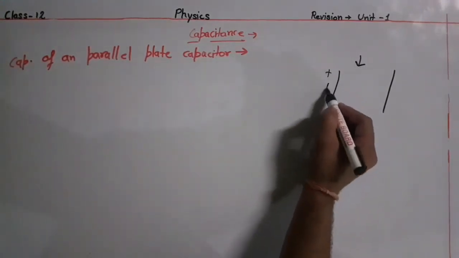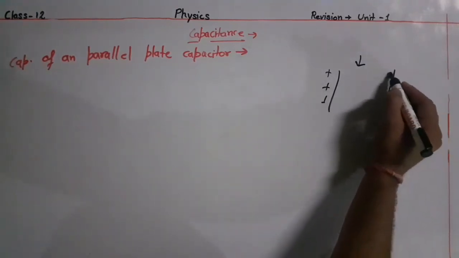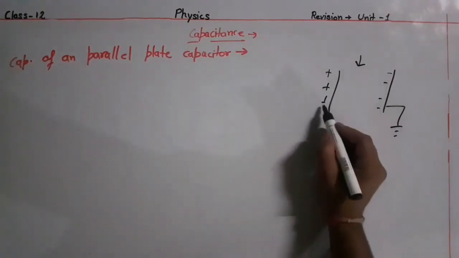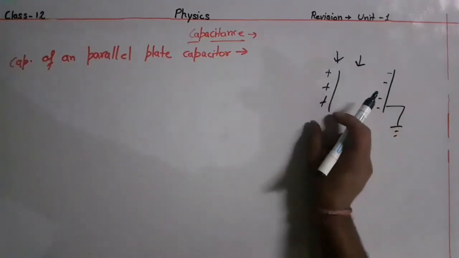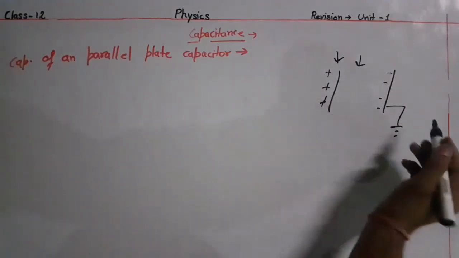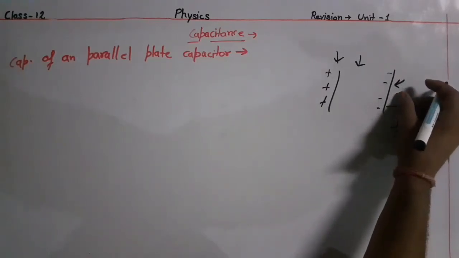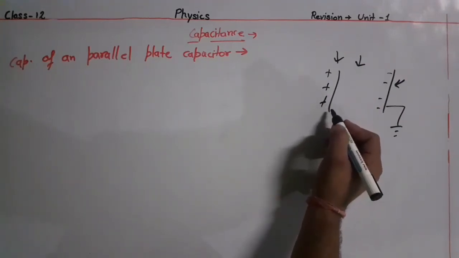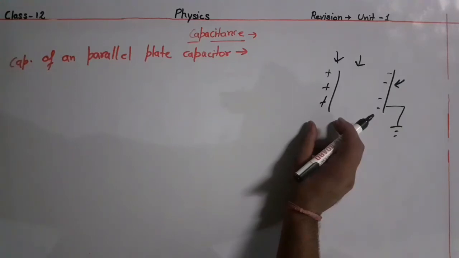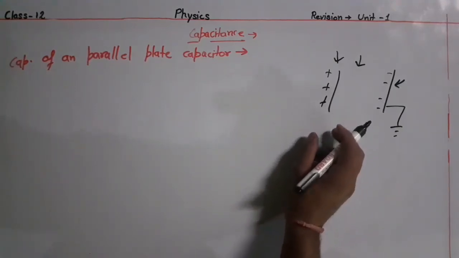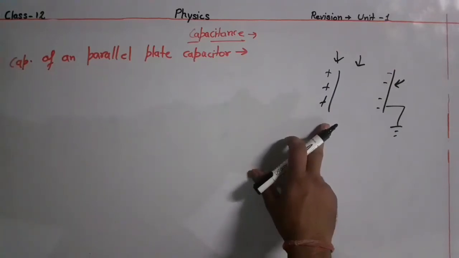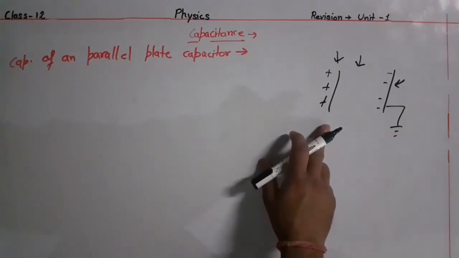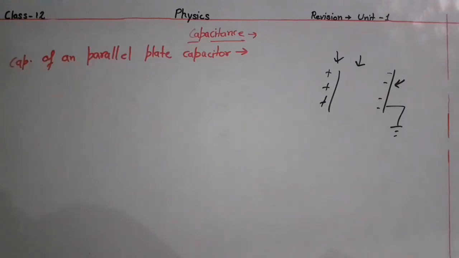If this sheet has a positive charge, the outside one will acquire a negative charge. The principle of a capacitor is that if we take an insulating substance near a conducting substance which is connected to earth, then the capacity of this insulator can be increased, or we can make this insulating material store charge. Okay, I will repeat it. Beta, if you take an insulator near a conductor which is grounded, then we can store charge in that material. So let's find it out.